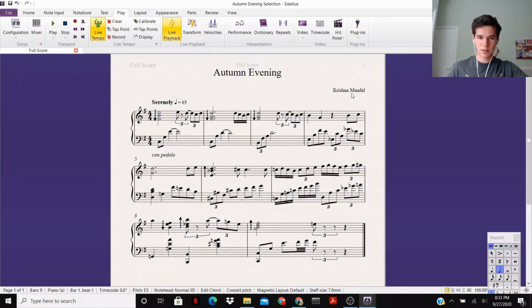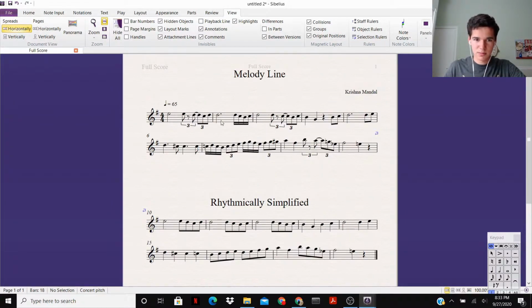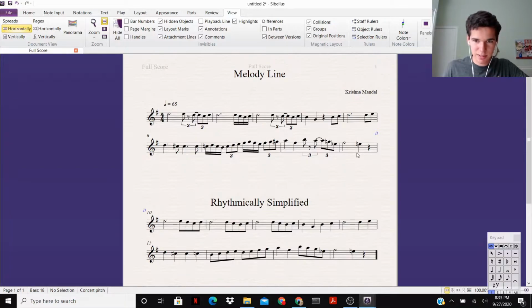So, if you look at it, we're actually going to go to a rhythmic simplification of it. Here's just the melody line, and here's the rhythmic simplification. What we actually listened to was an 8-bar phrase, but if you look, there's actually 9 bars. See, this is bar 9, and that's because one of the things that I do to create this ambiguity is to obscure the start and the end of each phrase.